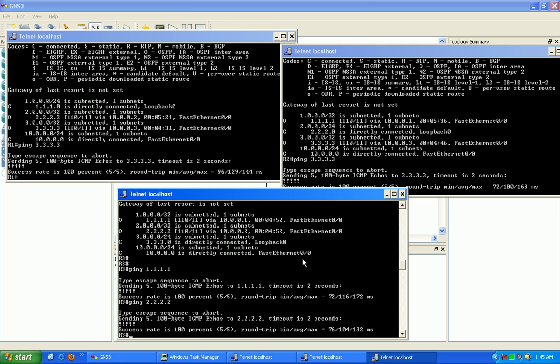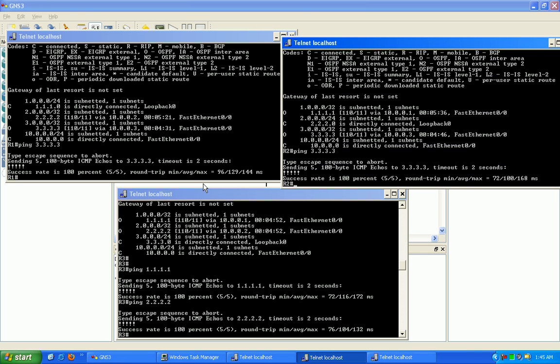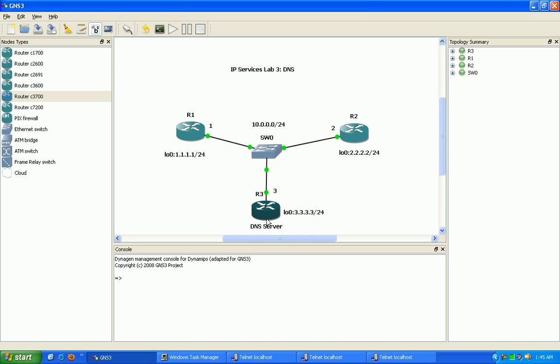And the next thing we want to do here to set up router 3 as a DNS server, we're going to have to point router 1 and router 2 to